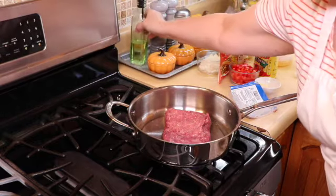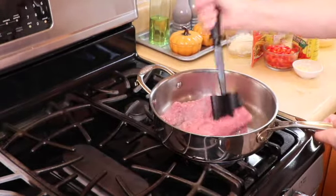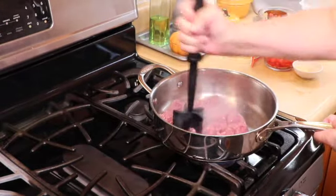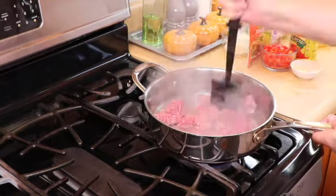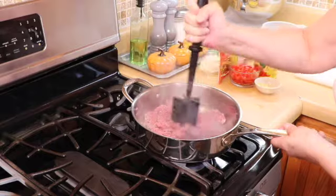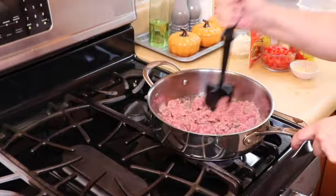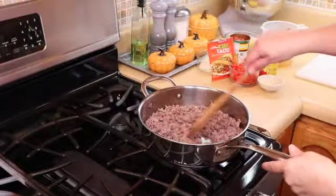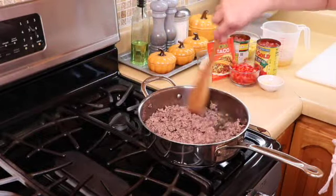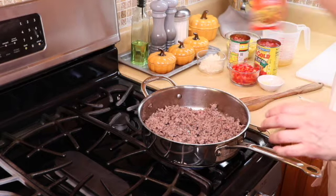Just a little bit. And I'm going to break it up using my little Pampered Chef tool here that I love so much. Now if you have a larger family and you need more, just double the recipe. Now that the hamburger meat is almost completely all brown, we're going to start adding in our onion,